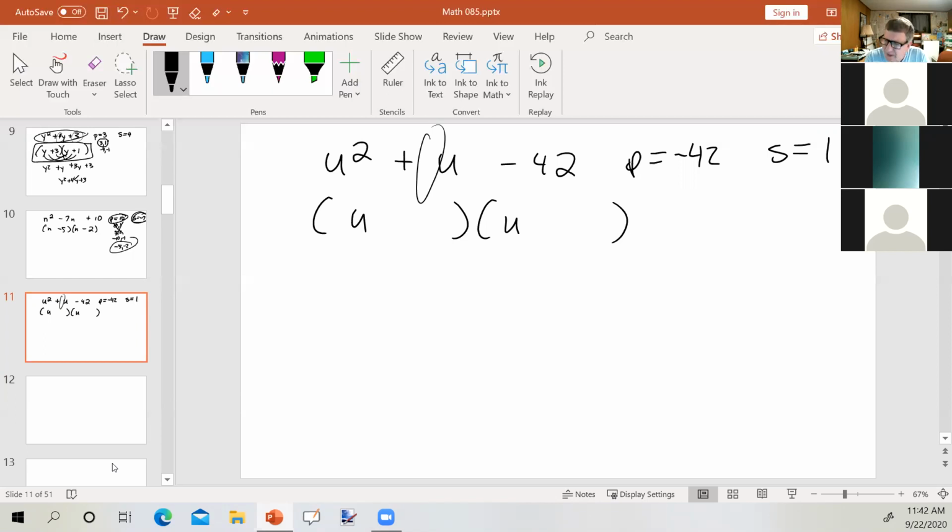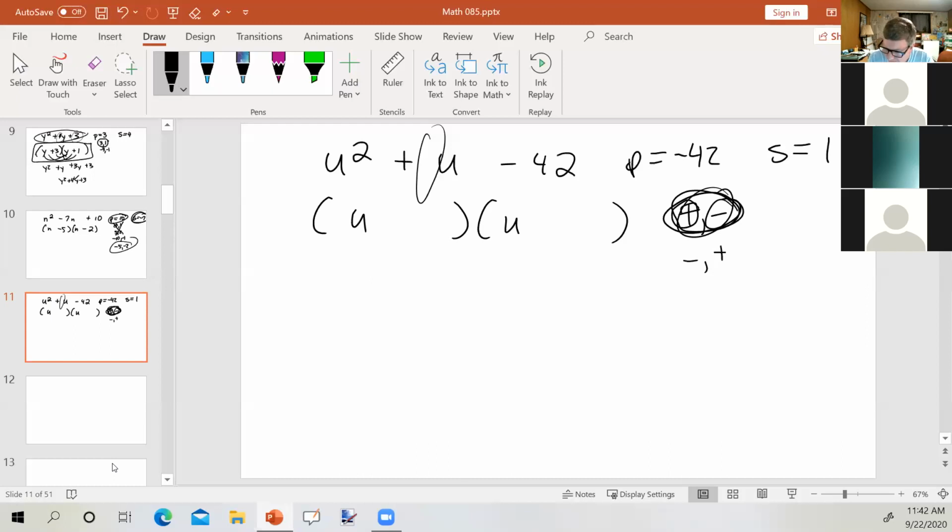Now, to get a negative product, we've got to have a positive and a negative, or a negative and a positive. Two positives would give us a positive product. Two negatives would give us a positive product. So to get a negative product, I've got to have one of each, a positive and a negative, or a negative and a positive, okay? But those same two numbers, when I add them, have to have a sum that's a positive 1. So that means these two numbers, the positive has to be larger than the negative